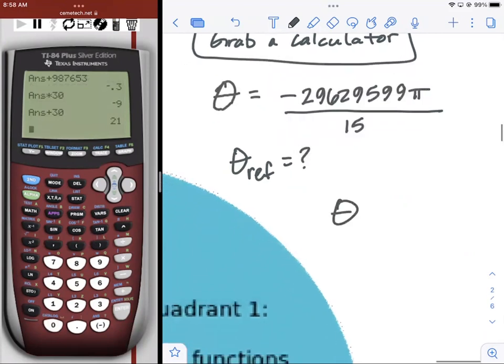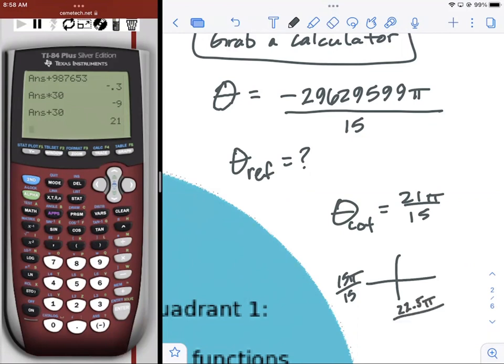So you need to figure out, let's see, we'll write that down first. 21 pi/15. And you need to figure out where that lives. So here's 15 pi/15. And then half of 15 is 7.5. So yeah, I know that I need to go past 15, so I'm not going to work backwards here. But 15 plus 7.5 is 22.5. Yeah. So I know it's going to live